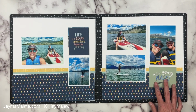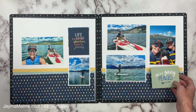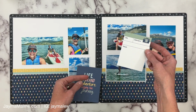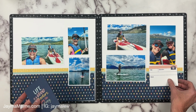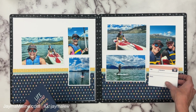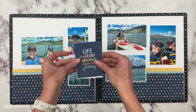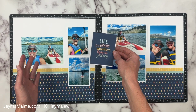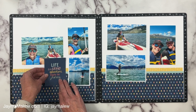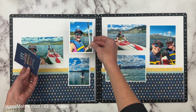I was looking at another pocket card, but I really wasn't loving this green. There wasn't another pocket card that I liked. I did find this pocket card that I liked, but the horizontal version like this has the peachish color up here, and I did not like that with my photos. So then I thought, okay, well, I could use this and I could use this because I wanted to use this and I couldn't think of another way to use it. I didn't want it down here because then it's navy on top of navy. It didn't pop. So I thought, well, what if I put it here and I have my photo underneath there,